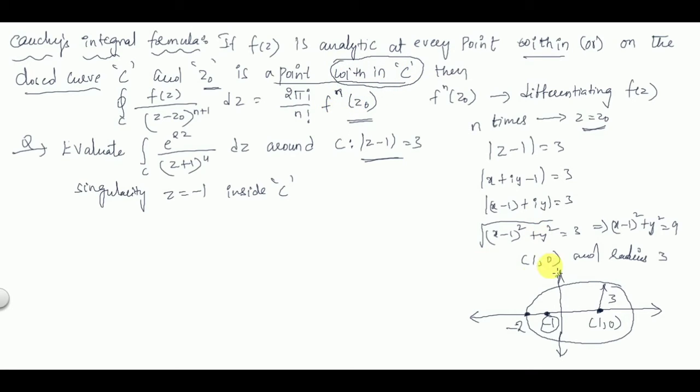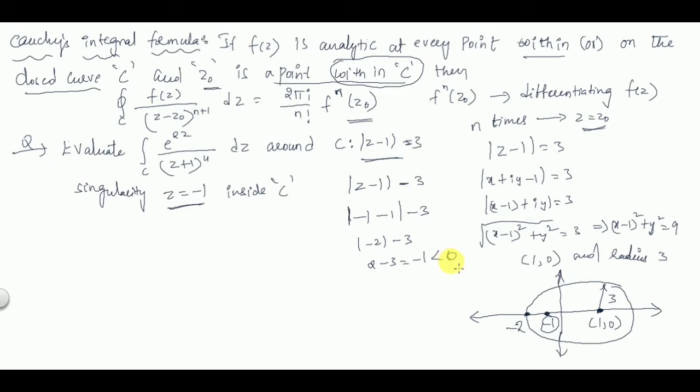Drawing like this is not possible every time. So what you have to do is, for the contour which you are given, take the 3 also to the left hand side. So that contour will be mod of z minus 1 minus 3, and you have to substitute the value of z here. z is equal to -1 is the singularity. You have to check for each and every singularity; if you are given 2 singularities, check each one. So -1 -1 -3, modulus of -2 minus 3. Modulus of -2 is 2, and 2 minus 3 is -1.